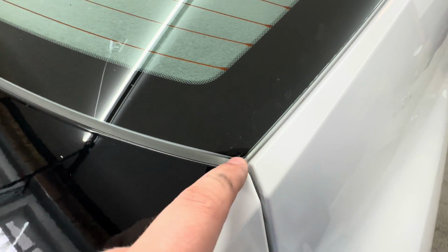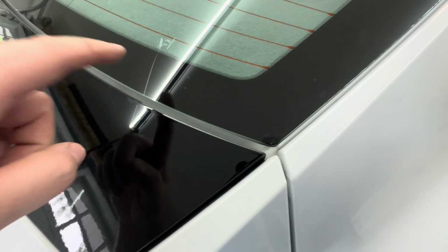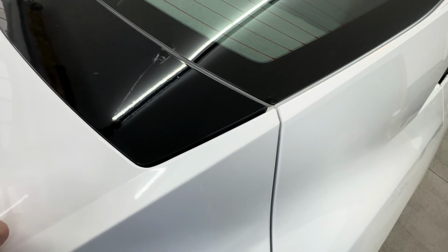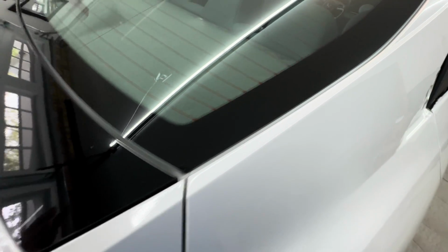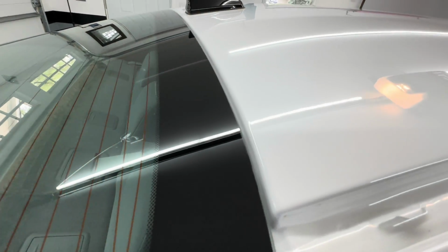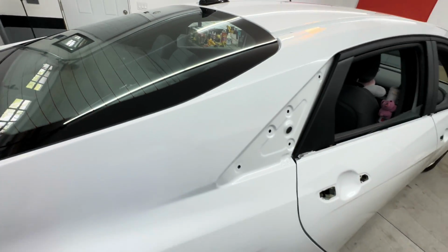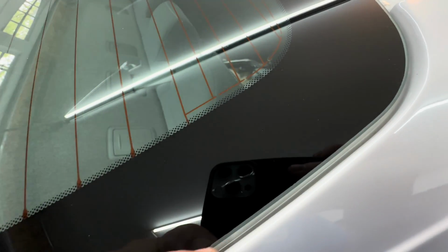But, of course, like in this gap, you'll never get rid of that white. That's just extra work that if it's not paid for, then I'm not going to do it. Obviously, I do my best and I try to get full coverage no matter what color it is. But this is why in every car video that's white, I'll probably explain like I am about to right now. Most of that will be covered in there